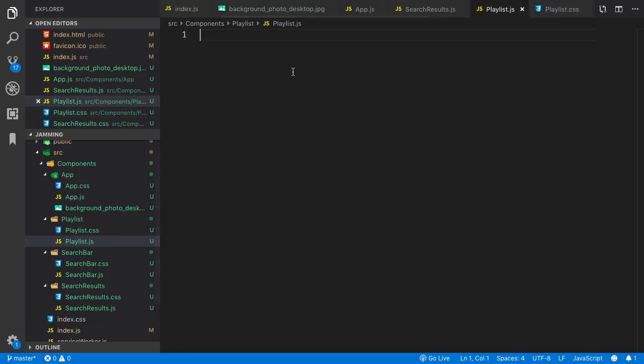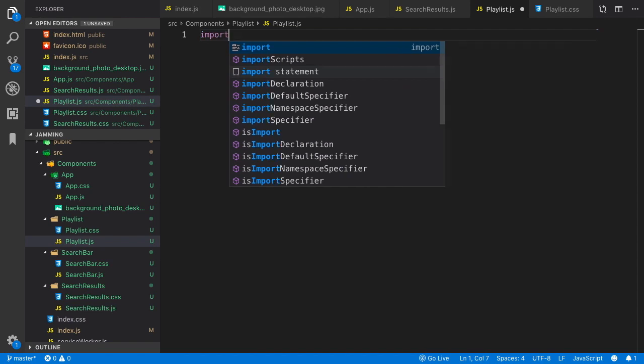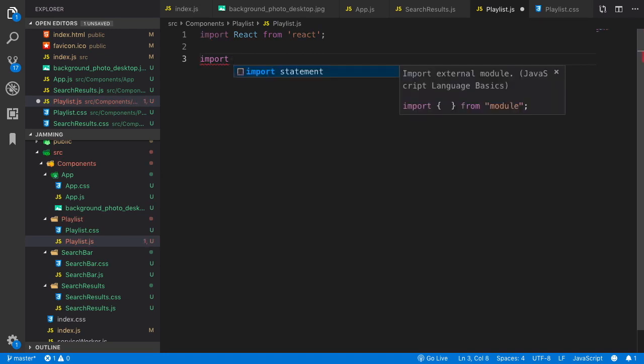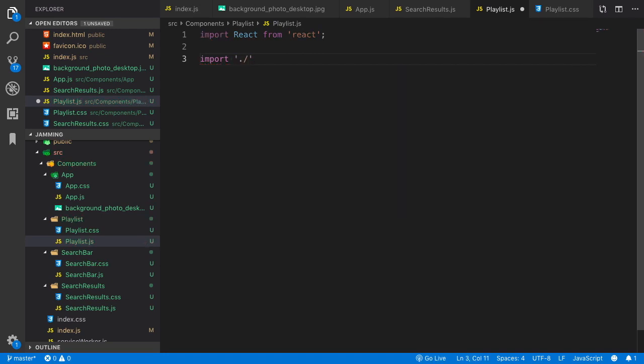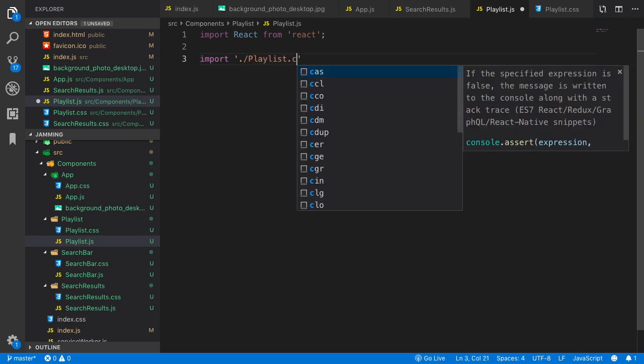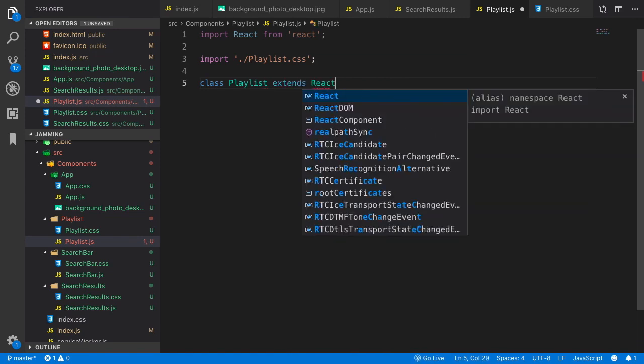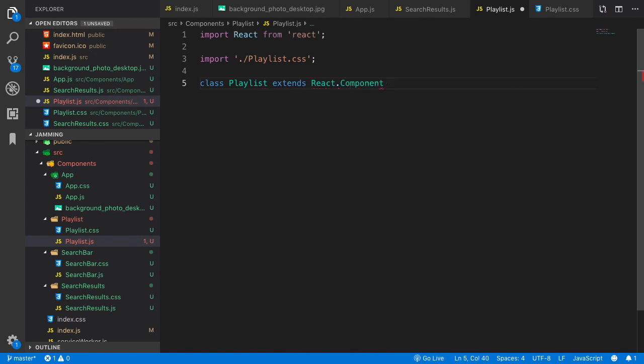The first thing we'll do in our playlist.js file is we will import React from React. Then we want to import in our CSS file, which is ./playlist.css. And then we want to create our Playlist class component. Class Playlist extends React.Component. And then in the render method, we want to return